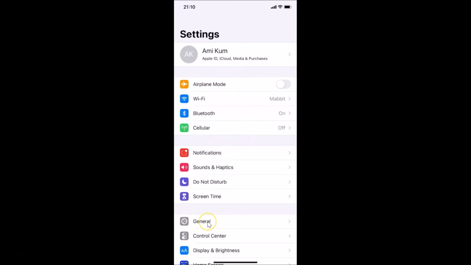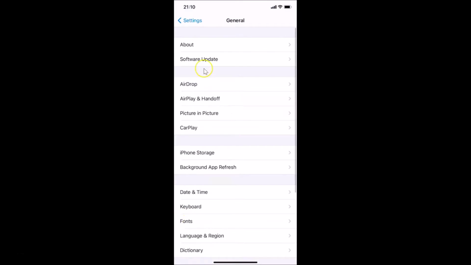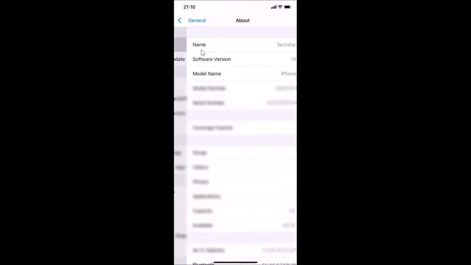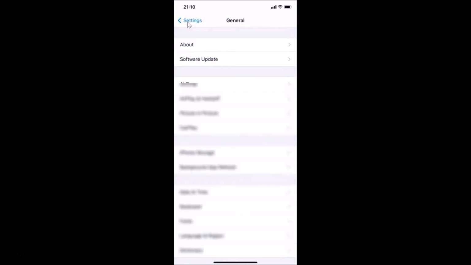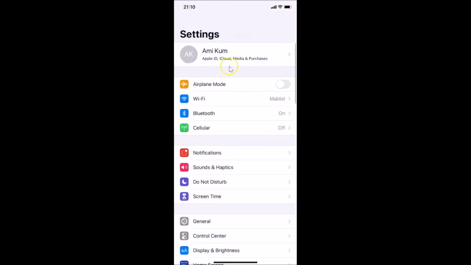So let me tap on this general and then let me tap on this about, and you can see guys here I have this software version. You can see I have iOS version 14.0.1 installed on this iPhone 10R. So let me go back again. Okay, so in order to enable or disable notifications from phone app on iPhone, what you need to do,